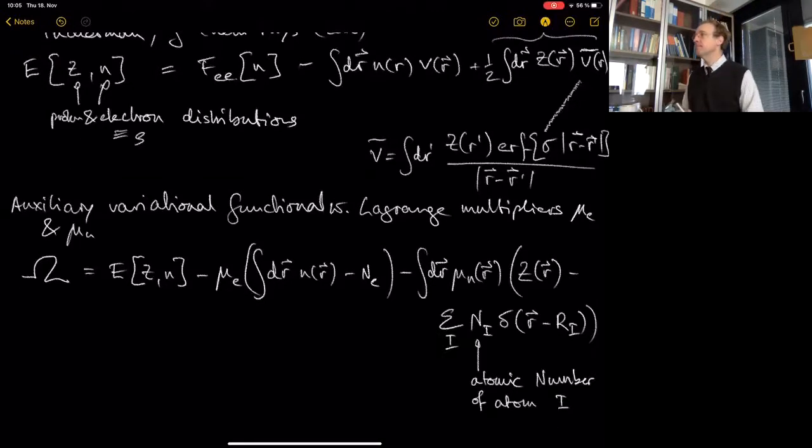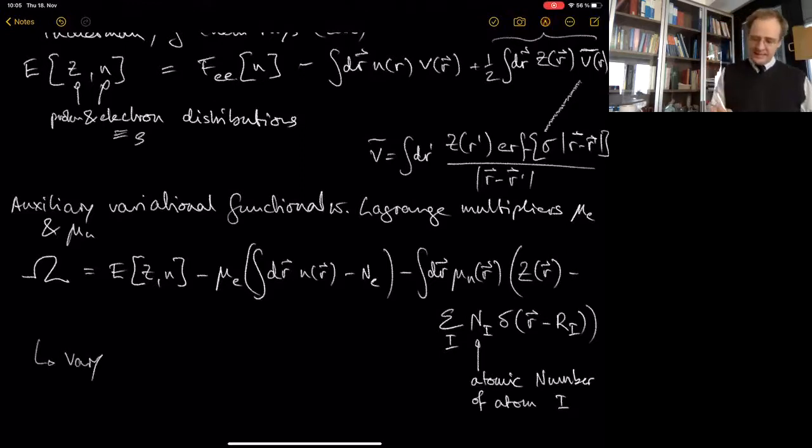Okay. Now, this variation of functional, right? This is what we have to minimize. So obviously we look at its variation, and in particular with respect to n, with respect to electron density, and then you get an Euler